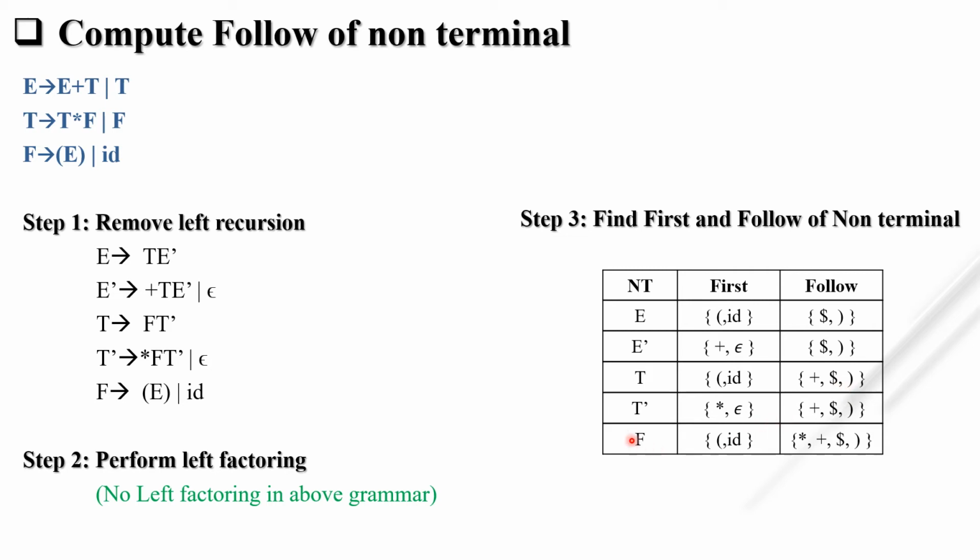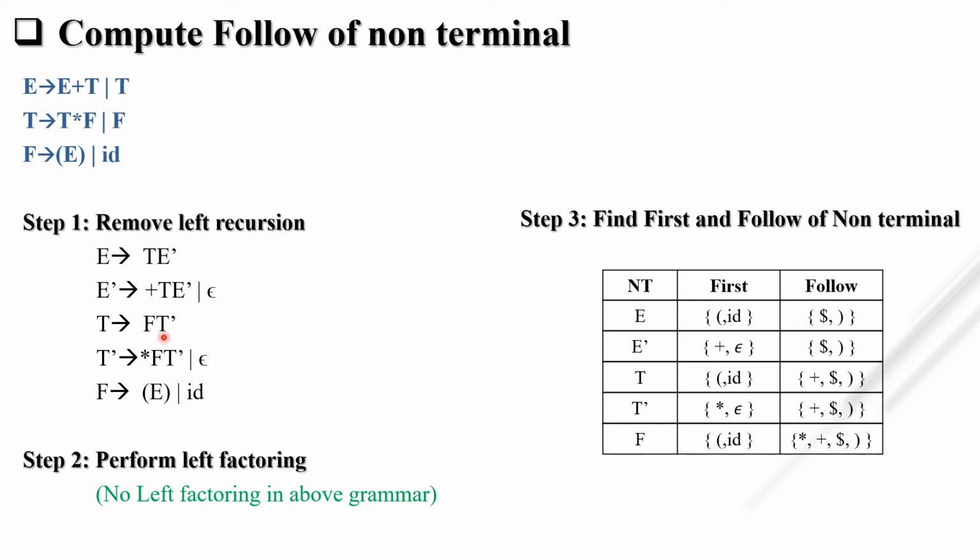इसे समझा देता हूँ, F का फॉलो। F के फॉलो में क्या है? T dash का फर्स्ट क्या है, स्टार। इसलिए हमने स्टार लिख दिया। अगर यहाँ पे कोई टर्मिनल रहता, F स्मॉल b, तो हम डायरेक्टली b लिख देते और हमें कहीं जाने की जरूरत ही नहीं पड़ती। बट F के फॉलो में नॉन टर्मिनल है, तो हमने नॉन टर्मिनल का फर्स्ट चेक किया। नॉन टर्मिनल का फर्स्ट क्या है, स्टार एंड नल। तो हम नल रख नहीं सकते फॉलो में, बट स्टार तो रख दिया।